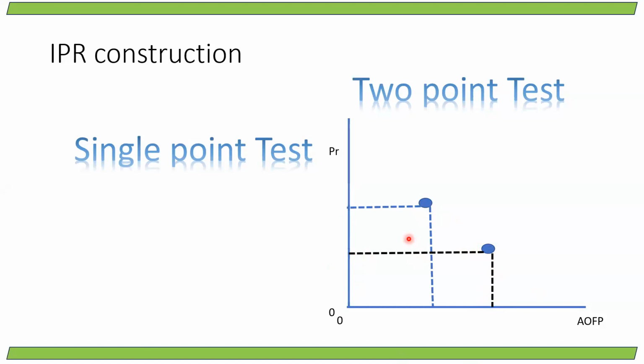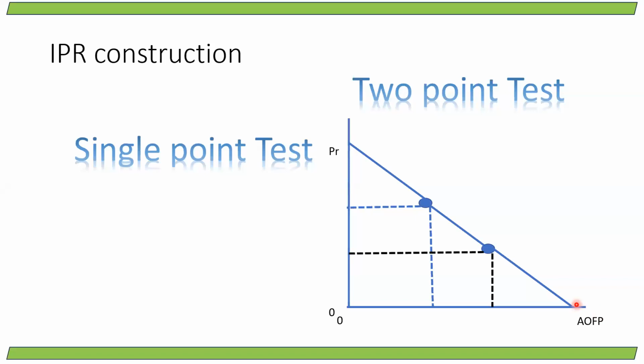Right now, you have 2 points plotted on your XY axis. Then the next step is to connect both with a straight line. Simply connect both with a straight line, then extend these lines, project them towards the X and Y axis to get your reservoir pressure and AOF. It depends on the slope that we got from these 2 points. With the help of the slope, you extend it on the Y axis as well as the X axis to get reservoir pressure, the Y intercept, and AOFP, that is the maximum flow Q max,